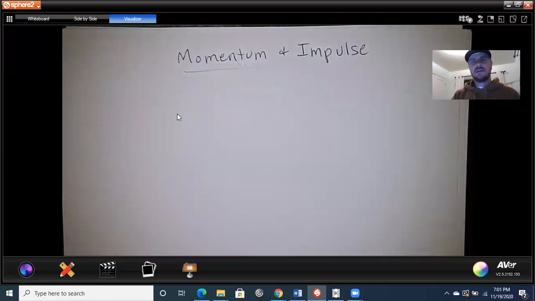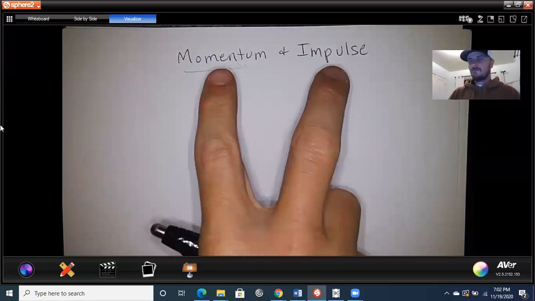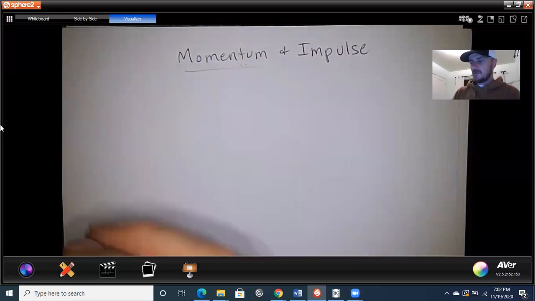Impulse, well, that's the idea of impact or collision. So I think this is a pretty fun unit because we get into the idea of things hitting each other and the physics of that very small period of time. What's happening during that little period of time when things are colliding with each other and then either bouncing off or colliding and sticking? So very applicable stuff here. Let's get right into it.